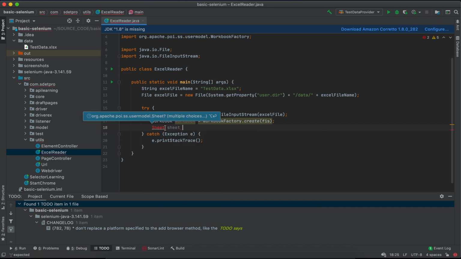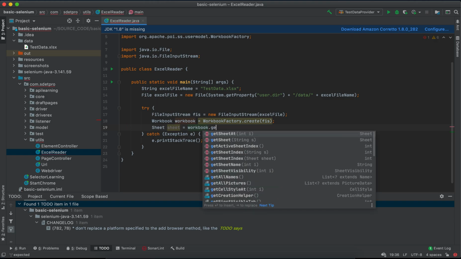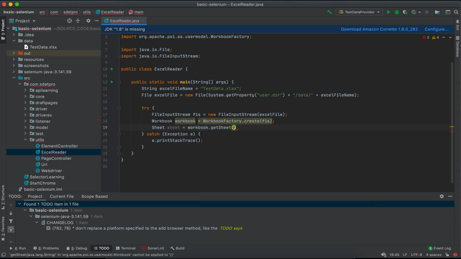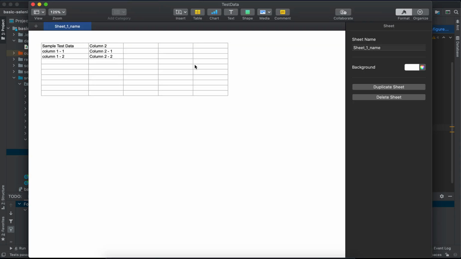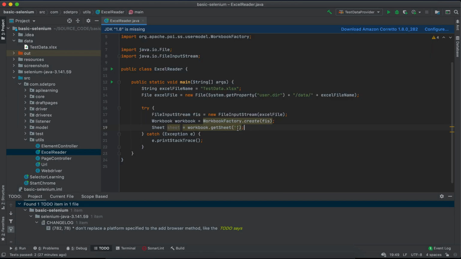The sheet should come from the user model again, equal to the workbook, and then I will get the sheet with the name. So let me see what the sheet name is. The sheet name is sheet1 name, so it should be sheet1 name. You can name any other names. Okay, so this is sheet1 name, and